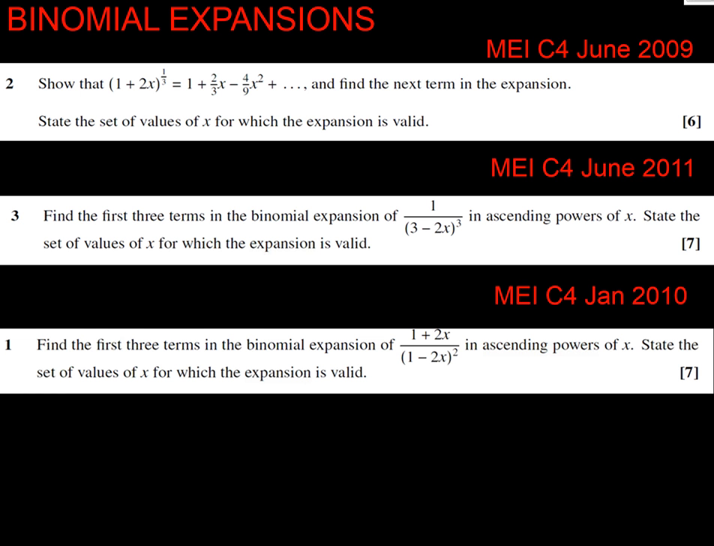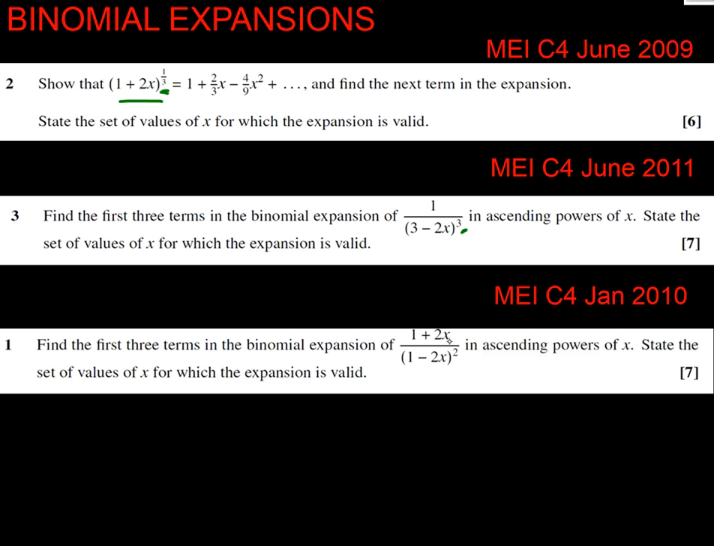Hello, quick video on binomial expansions in the MEI C4 syllabus and typical questions. I picked out 3 questions here which I think encapsulate what you're going to see. The first question is looking at a fractional index to our factor. Second question has got a negative index to our factor, and the third